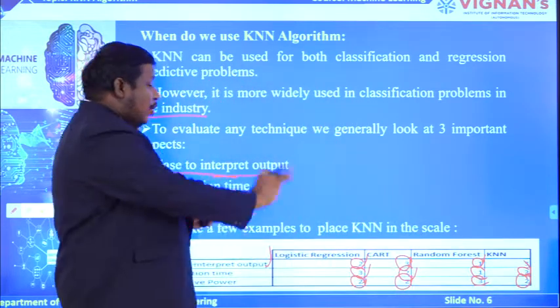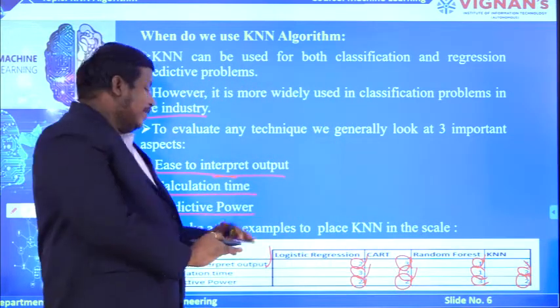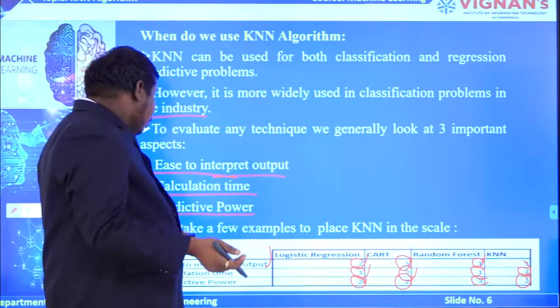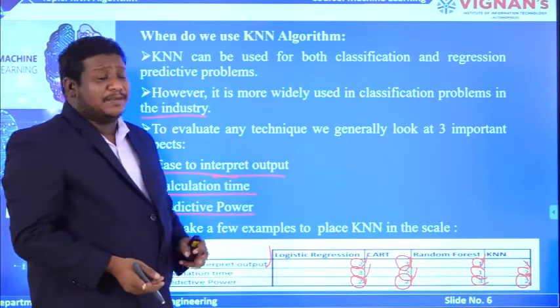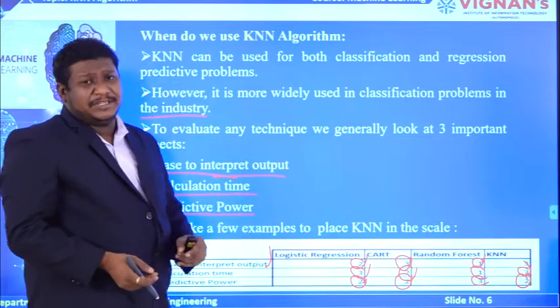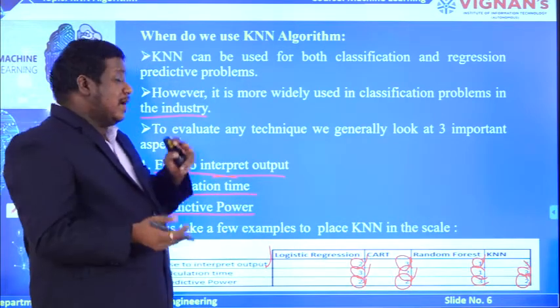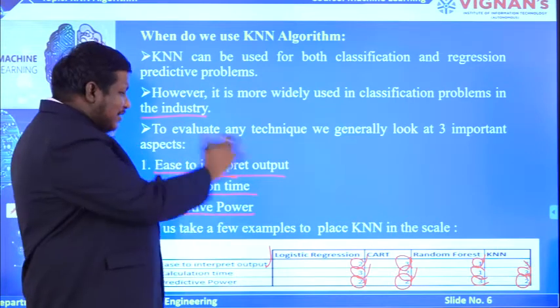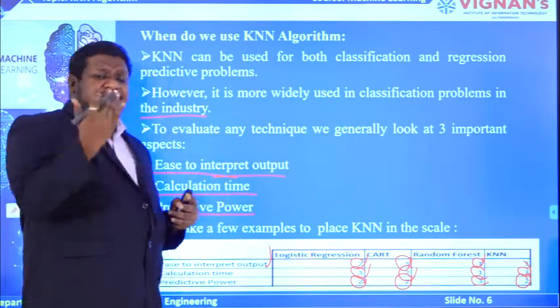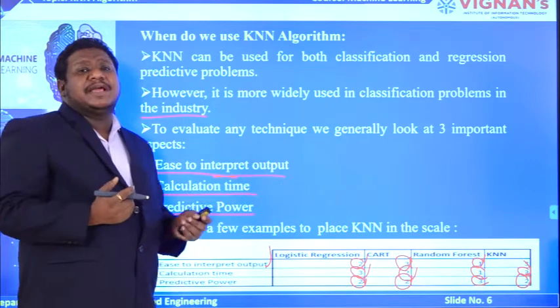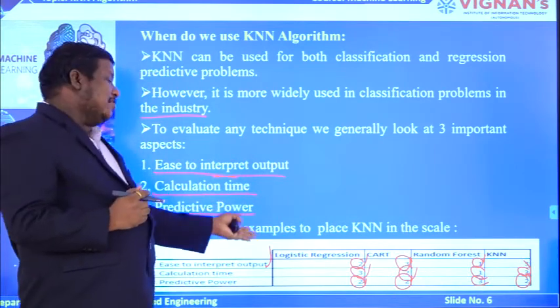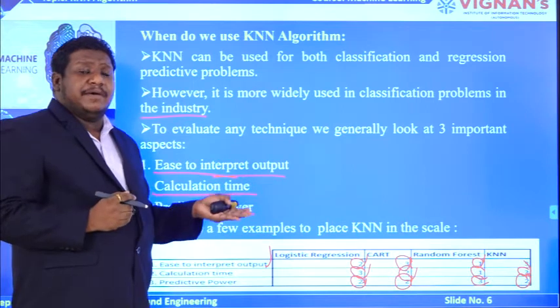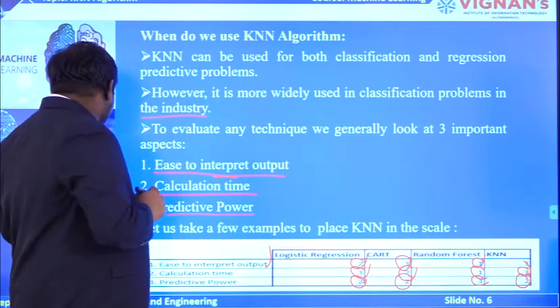So if you compare the total values, KNN has the better values compared to the remaining three algorithms, CART, random forest and logistic regression, which are also similar techniques or algorithms used in the same supervised learning approach. So by considering these factors, mainly for classification type of problems, we use the KNN algorithm rather than the other decision tree model algorithms available in supervised learning.